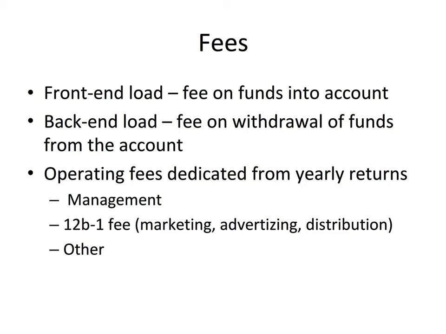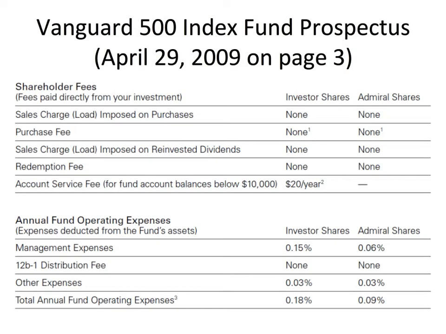There could also be operating funds, and those would be deducted from yearly returns. There typically are management fees, 12B1 fees for marketing, advertising, and distribution, and there are other fees. Again, operating fees will exist on all mutual funds, and there may be front-end loads and back-end loads as well. Fees will be listed in the prospectus of the mutual fund, and this slide shows an example for a Vanguard